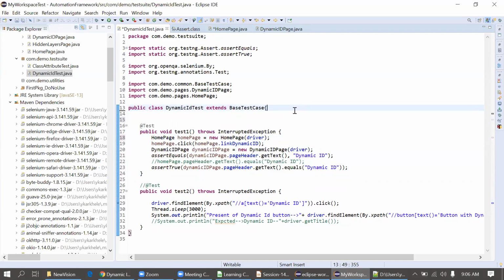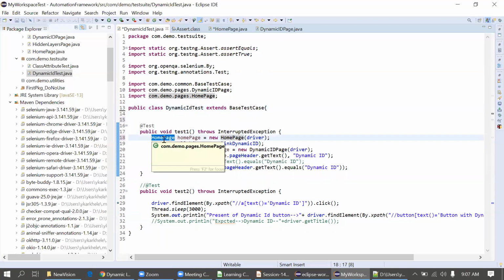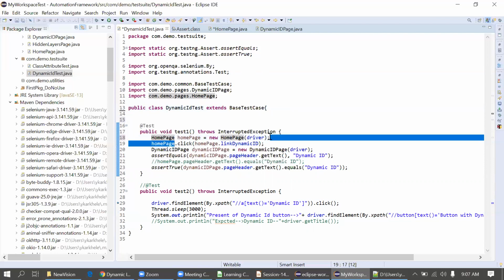Okay, so we need to call the base page for opening the first homepage and then perform the other actions. But which base page are you talking about? Actually, we are not directly calling any base page. We are calling the home page, and yes, we can call it the base page, because from there we start the navigation. Our execution starts with that page only, so we use this page first and then go ahead with the subsequent pages.